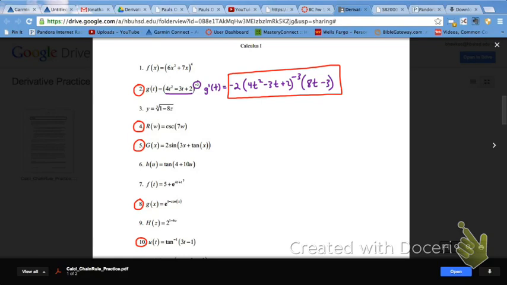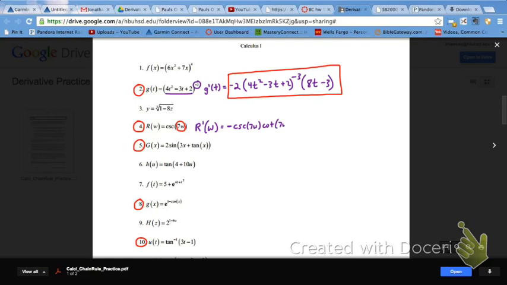Number 4, we can see we have to take the derivative of a trig function, and the trig function here is the cosecant of something. So again, the outside function is the cosecant, and so we take the derivative of the outside first, and the derivative of the cosecant is negative. I always remember that if we're taking the derivative of a trig function that starts with the letter c, then we know we're going to have a negative derivative. So the derivative of the cosecant is negative cosecant of whatever it is, and that whatever is 7w, cotangent of,